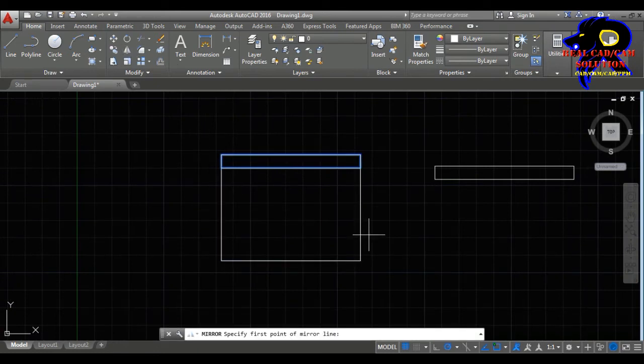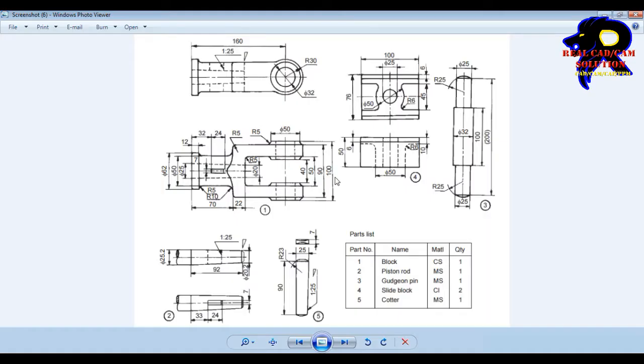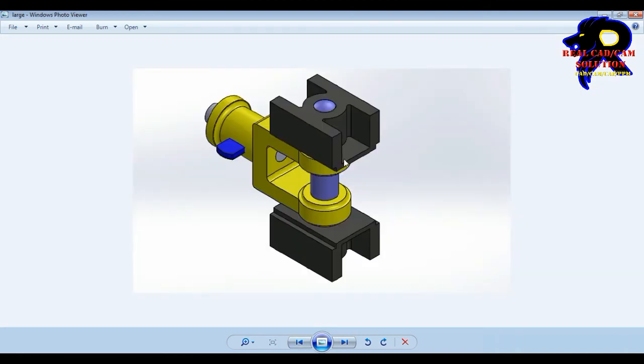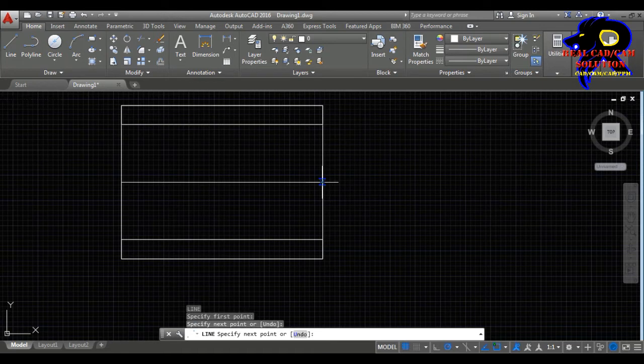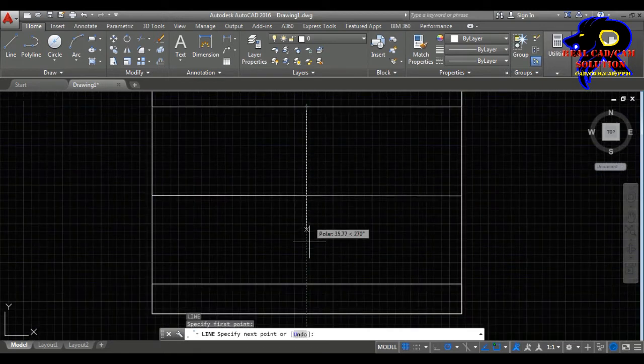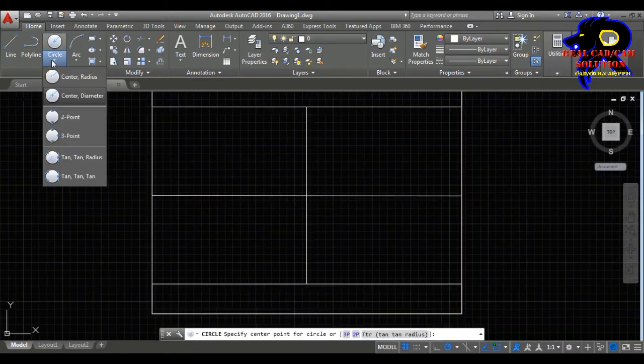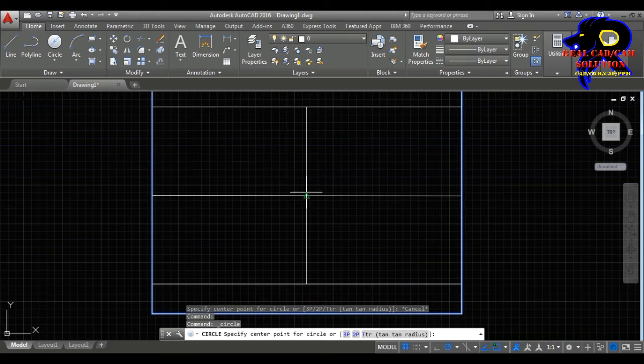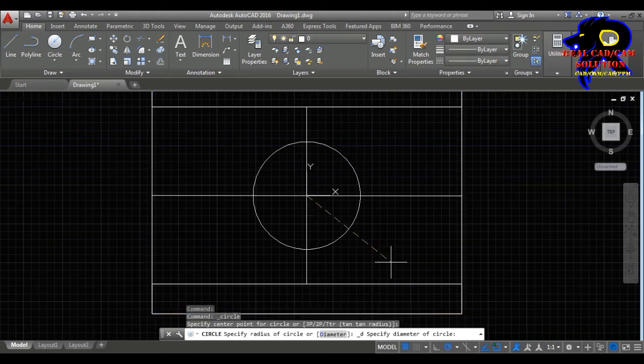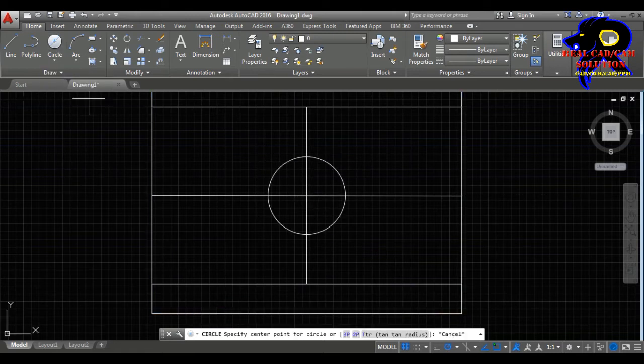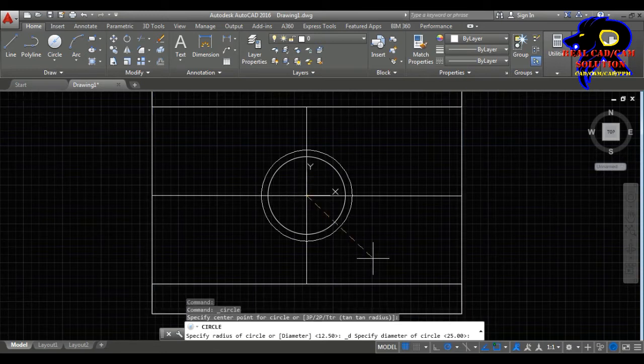Okay, it's nice. Also I go to mirror this section. Oh, nice. And go to the center circle area. The diameter is 56, I think. Looks like this. Okay, just draw the center line and cross over this line. It's a diameter circle. I just draw it like this. It's the interior section of the circle.